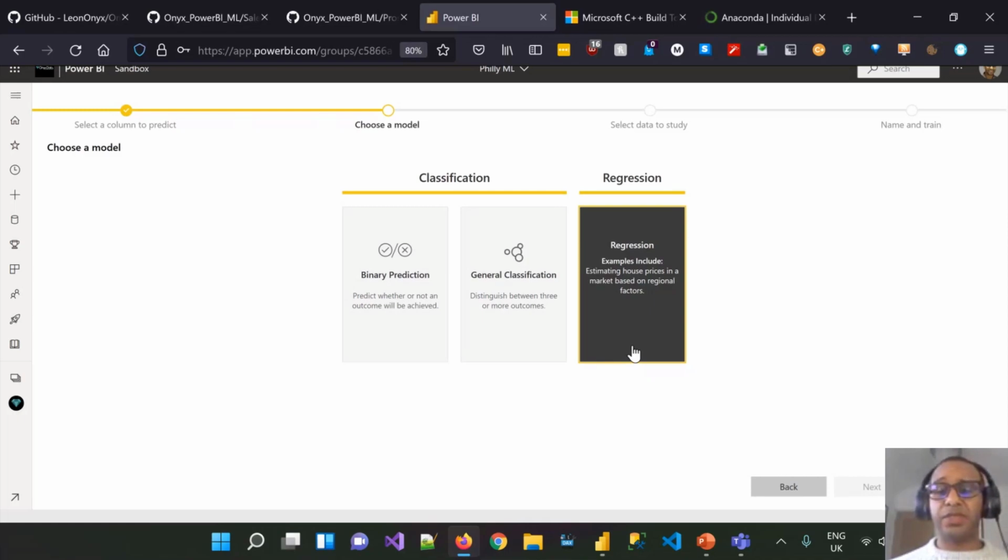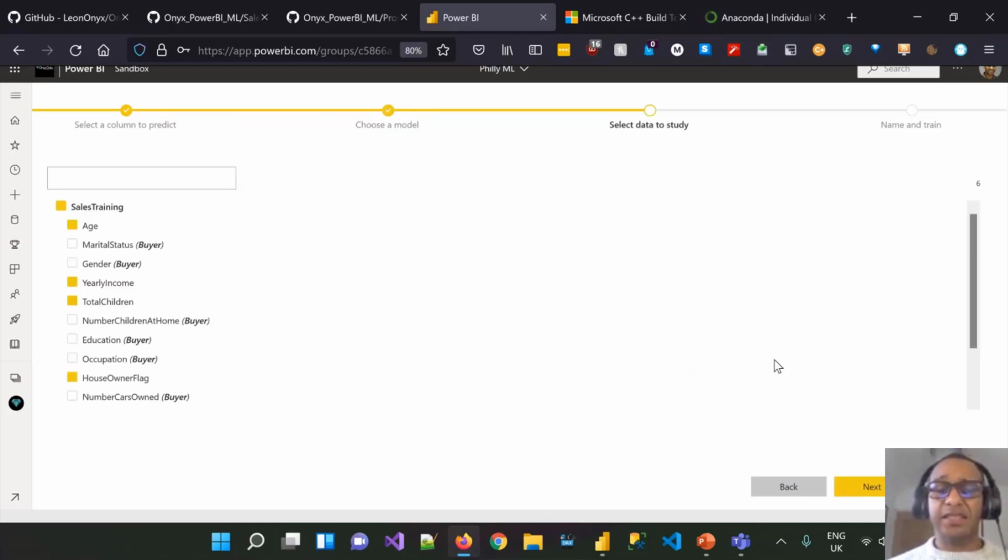And then Power BI will just go ahead, load that information into the model in the background, and then ask us to select the data to study. Now, again, as we are using Power BI Premium per user or Premium, in this example, Power BI offers up to us a recommendation on which